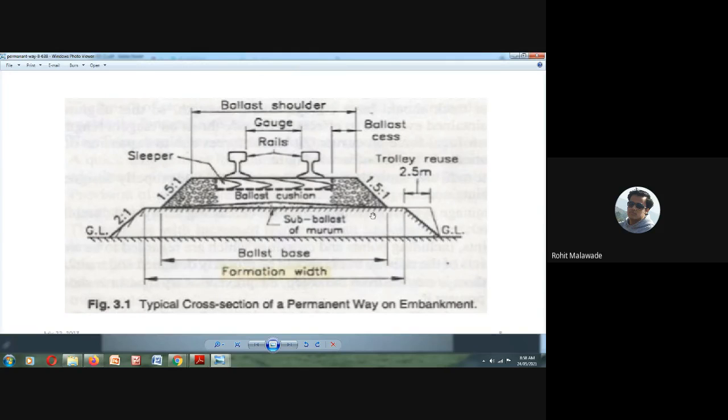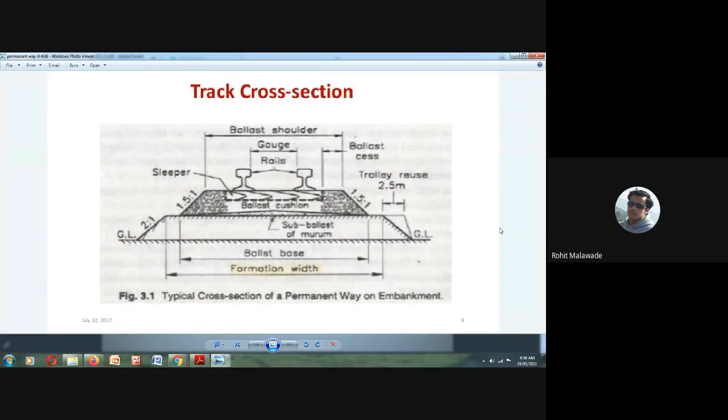It should receive the loads carried to it in a uniform way to the ground level, carry the loads properly, and drain out the water. It should provide a smooth and regular surface, and it should not change volume when there is a change in moisture content or temperature. So this is how your railway track, formation level or subgrade should be. This is the work that the formation level should carry out.